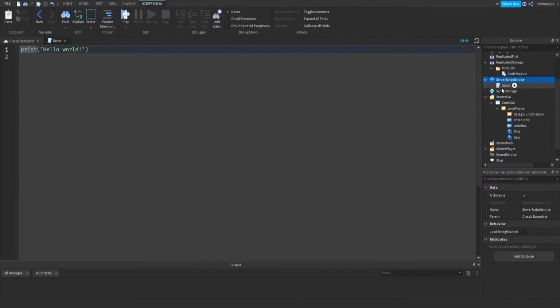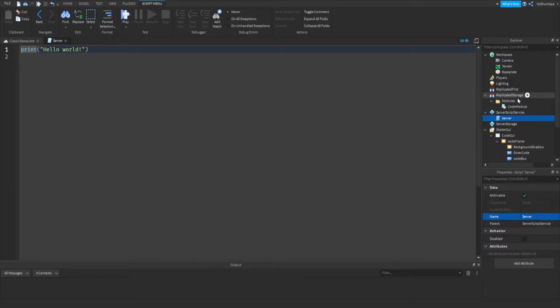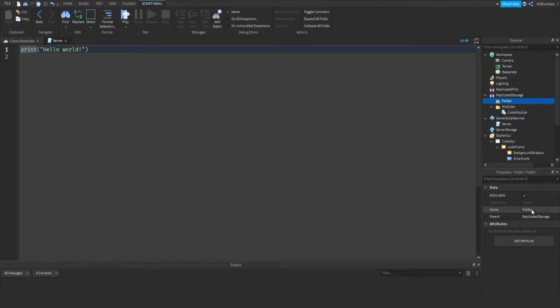So we can actually add a script. This will be server. And then we can have another folder called remote events. And then we can add a remote event. This will be called,